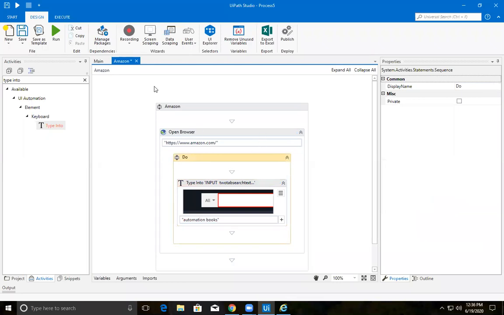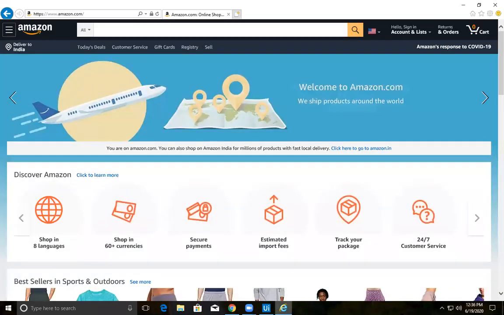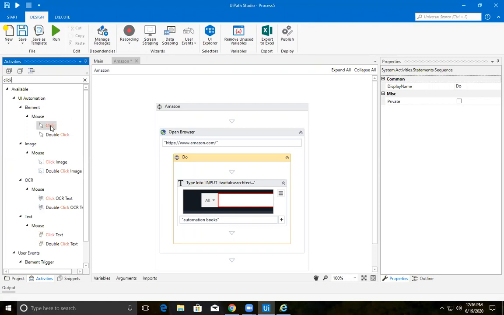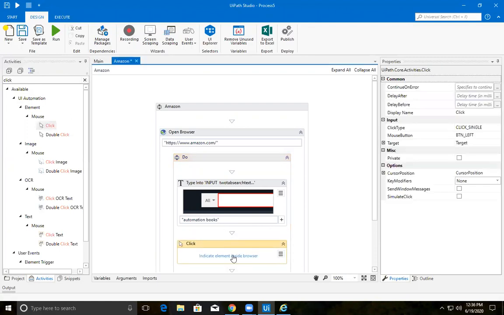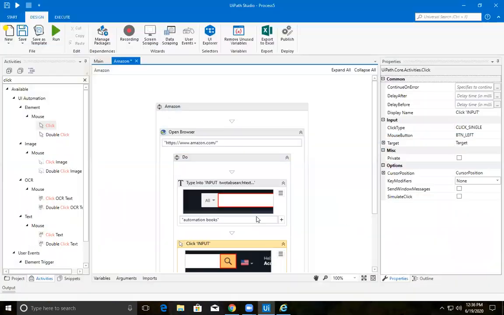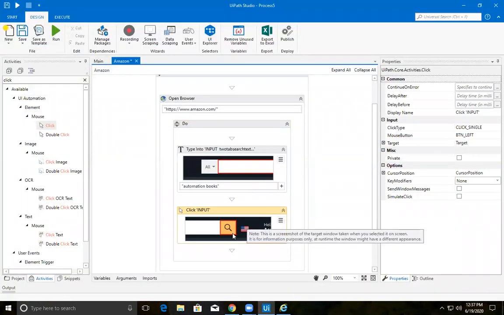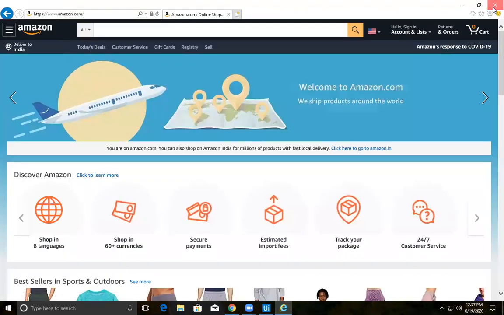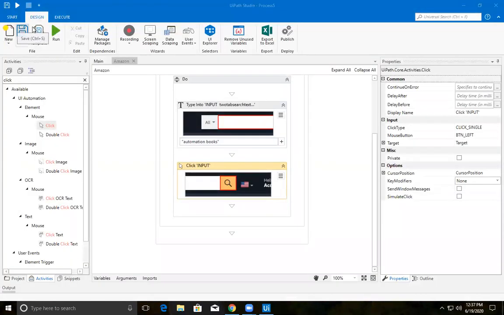After that, I need to select this search bar. For that, we have an activity called click. Have this click here, indicate it on the screen, select this search bar. So till now we know everything, right? Now after this, what do we need to do? Let's save this and run it so that we can go for the next task.